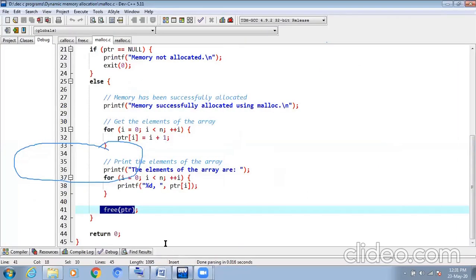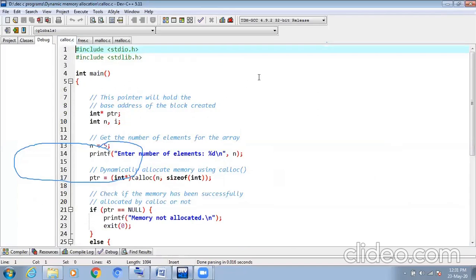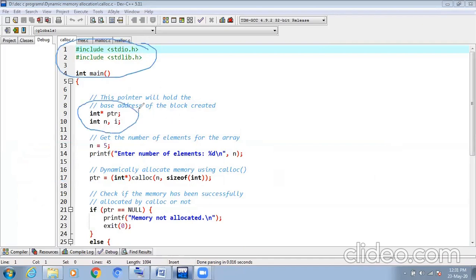Now I am going to explain with the help of a program. See the program. In the program the header files are the same as we have discussed about the malloc function. The same code is here. The difference is we are using the calloc function for dynamic memory allocation, and everything else is the same. ptr equal to int pointer calloc n comma size of int.